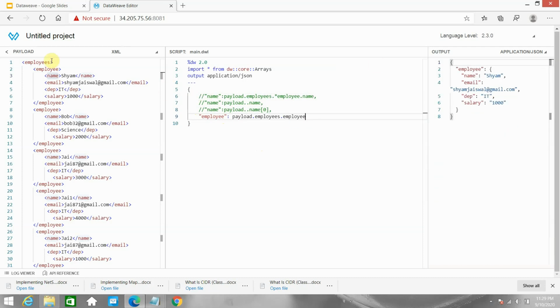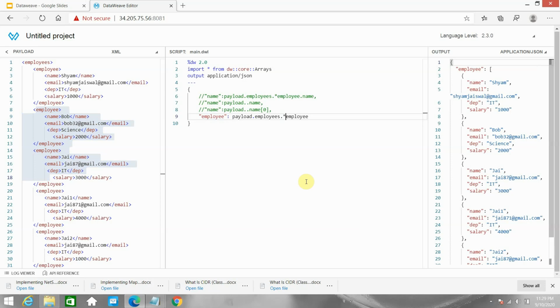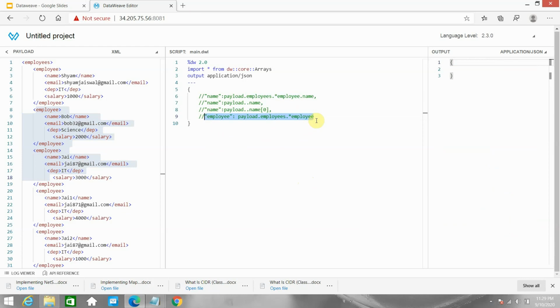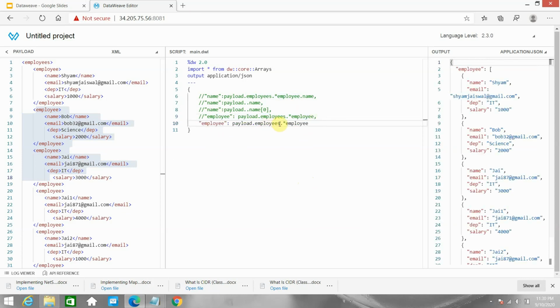It accesses the first employee, but not the rest, because there are multiple employees. So for accessing multiple employees you put the star here, and now it is able to access all the employees. Is there any other way we can access this? Yes. I will comment this out, copy this syntax, and remove employees. We can use the double dot, and it gives the same result back to us.